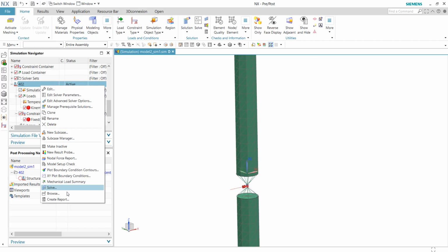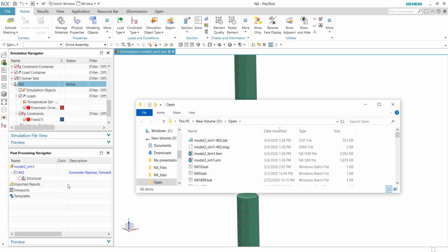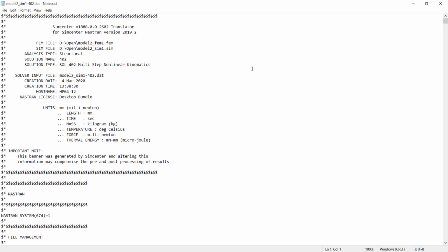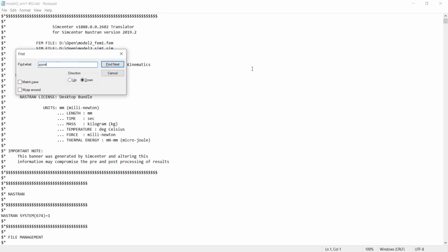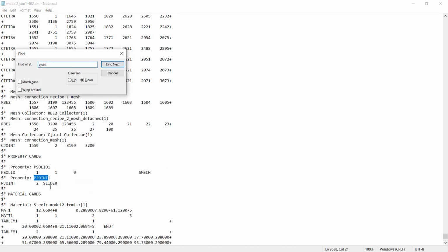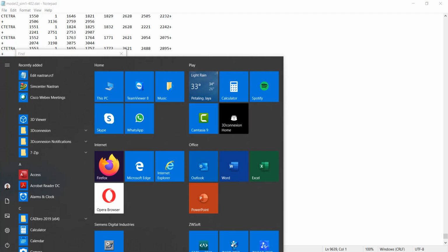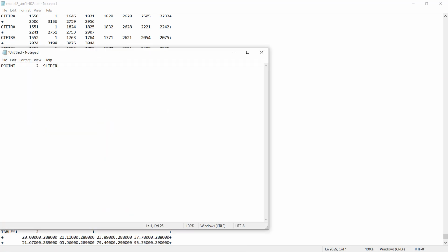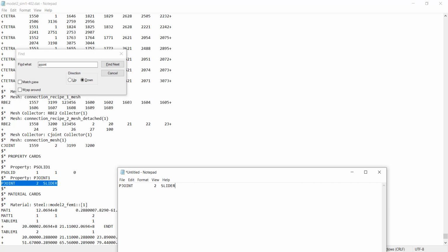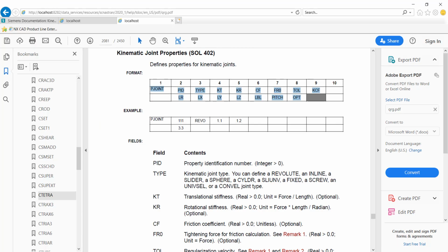Let's browse to the local directory. The file has an extension of .dat, which is this file. Model2 refers to the current files. Let's double click this one, and we are going to search for PJoint. This is the property that we are going to overwrite. Let's just quickly copy everything, and then write it in a new notepad. From here we have this information that we need to